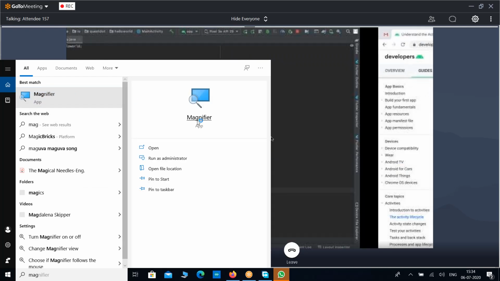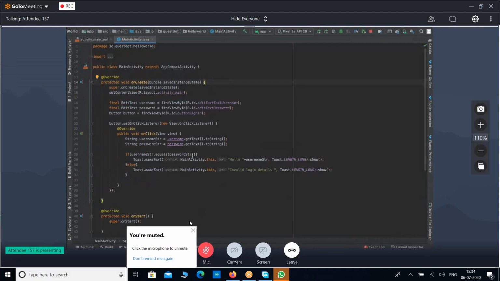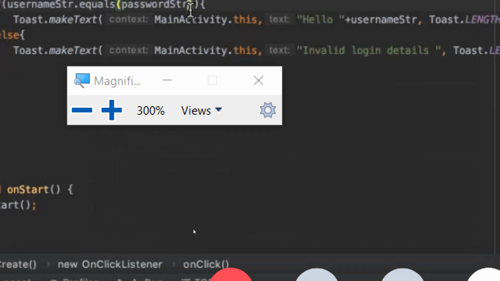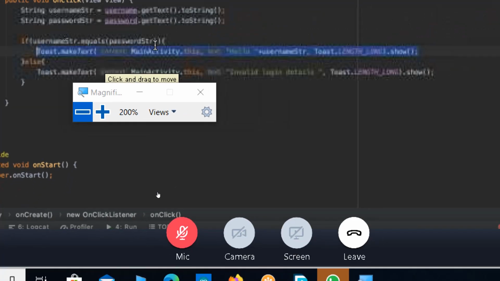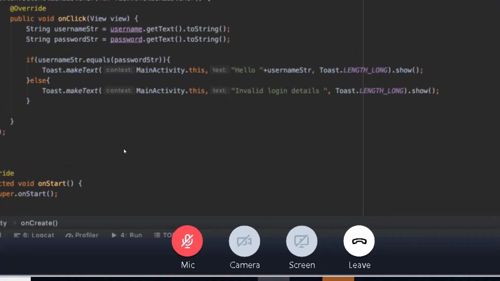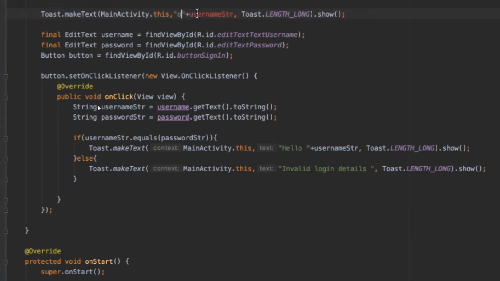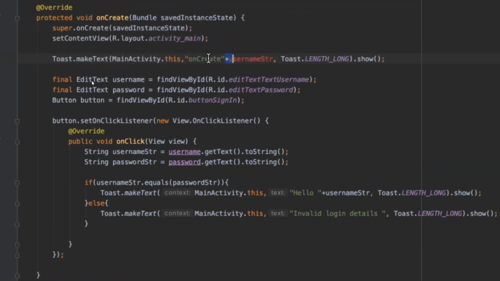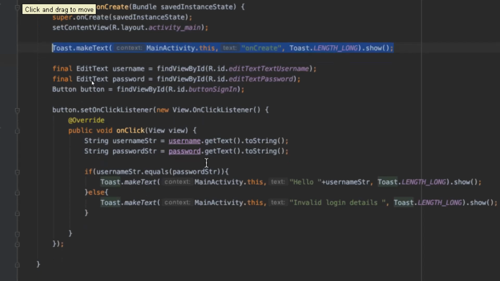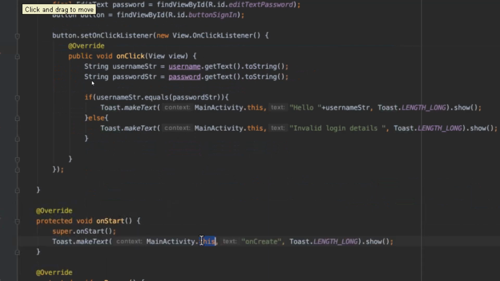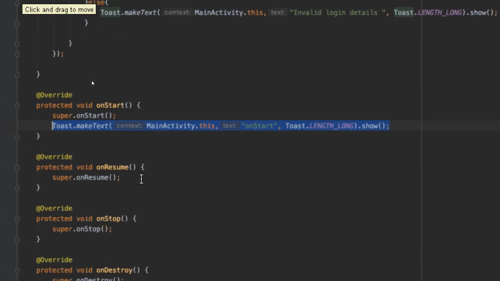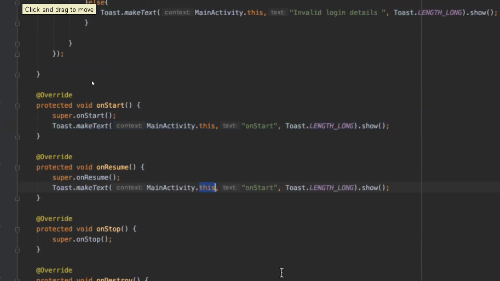Here I'm just going to add toast messages everywhere just to illustrate how these are going to run. Inside on create I'm adding on create as a toast message. Once on create is called, after that on start is going to be called. After on start, it is going to call on resume.